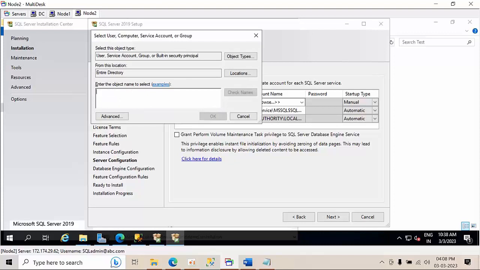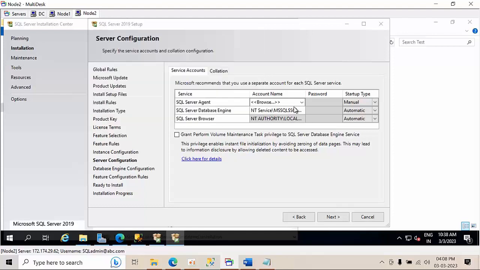Yeah, type SQL admin at the date ABC, click OK, and type